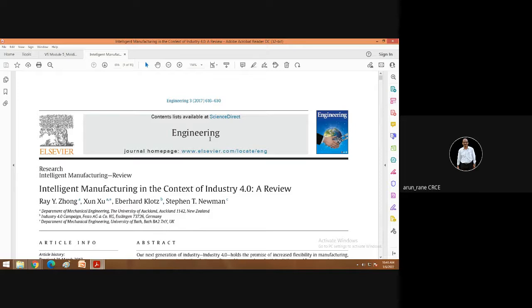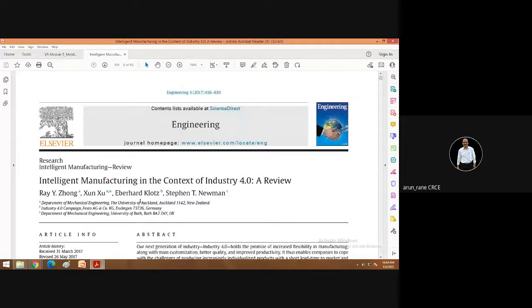Then there are reviews. Your paper is reviewed by 2, 3 experts, and then they pass the comments. Then again you have to work on those comments. So like that, the cycle time is around 2 to 3 years to get your paper published. If it is of extremely high quality, then it will take 1 year, but never less than 1 year.